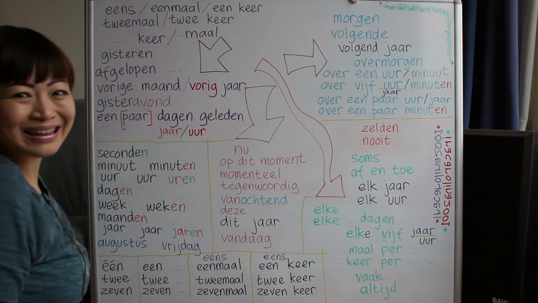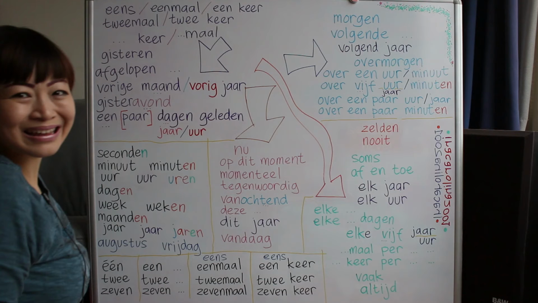Most words, when we have to say every, we say it with elke, but there's an exception for year and hour. Instead of saying elke, we say elk for every. It becomes elk jaar or elk uur. But when it's not every year or every hour, when it's every with a number, like 5, every 5 years, every 5 hours,